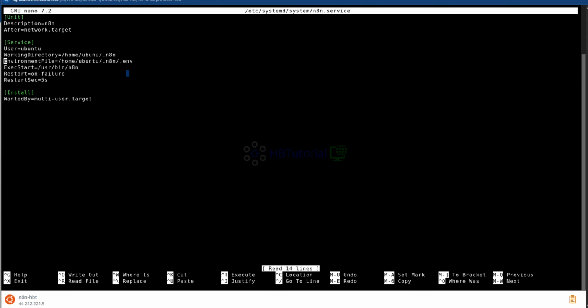Okay, so home Ubuntu service. So unit n8n Ubuntu file, environmental file home Ubuntu. Okay, it's there. Okay, 5 seconds is wanted by multi-user.